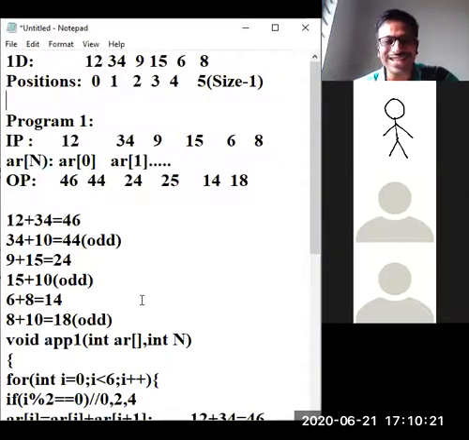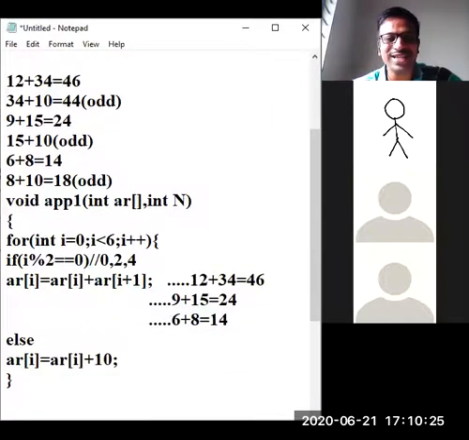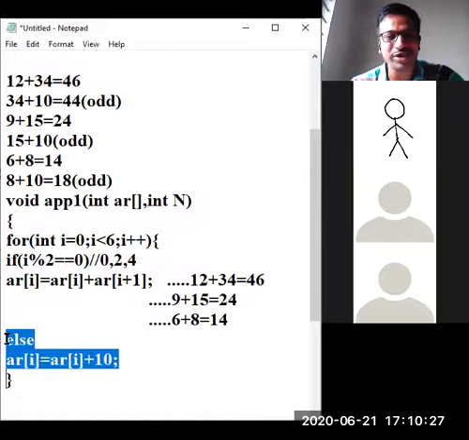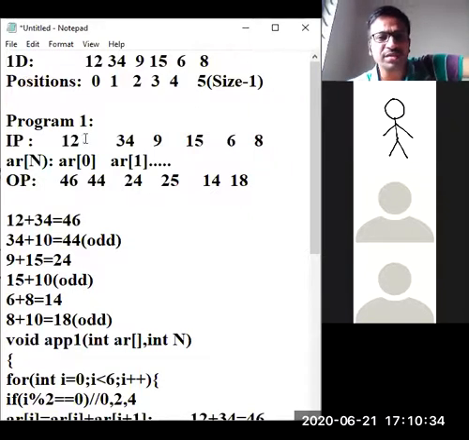That's why the logic in the else path I have chosen, you know. That's why the logic is something like this. In the else path I have given. Why I have given the else path, we will come back again. And what is the other part of the logic? The if condition. Whenever you are starting from the 0th position, 0 means even.